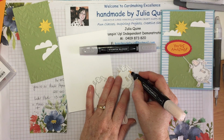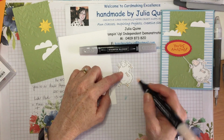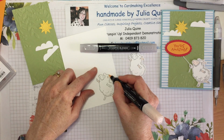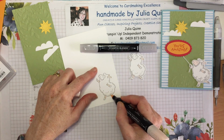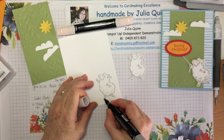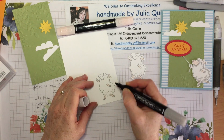So the Memento, our black Memento ink pad, is water-based, and all of our colours, so all 50 colours. So that means you can stamp in absolutely any colour you like when you're using our alcohol markers. If you want to do watercolouring with a paintbrush and our dye-based ink, you need to use our solvent-based ink, which is StazOn. So we have a StazOn black and a StazOn Saddle Brown, and both of those colours are perfect for